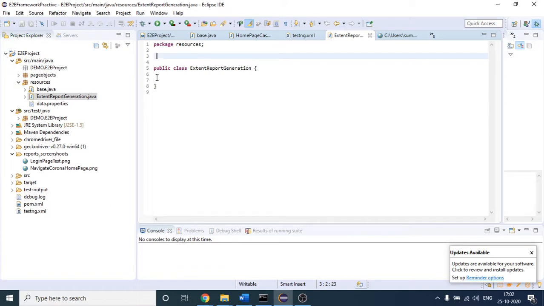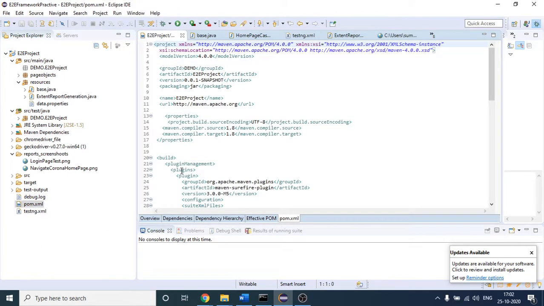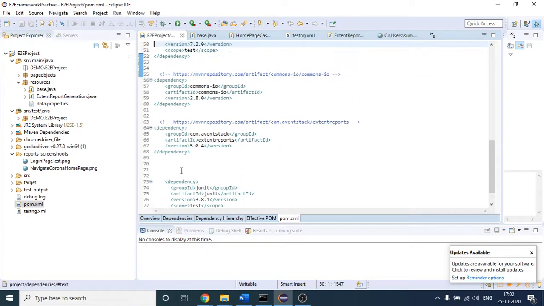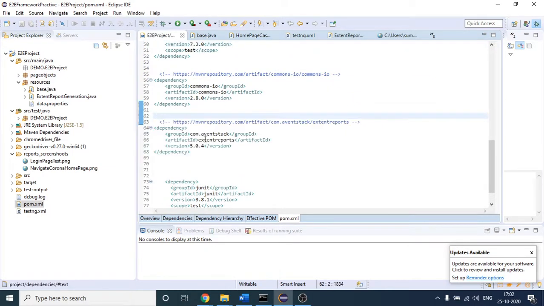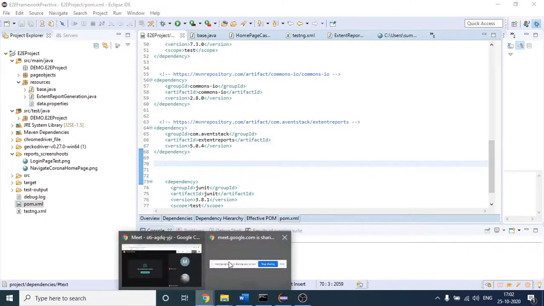Before you work with the extent report, you first have to get this dependency, right? Let me show you. I have already copied it. This is the dependency. If you want to work with the extent report, you need to first inject that dependency. Where did I get it? I got it from the Maven repository website.